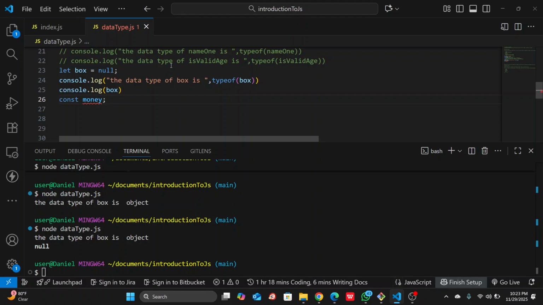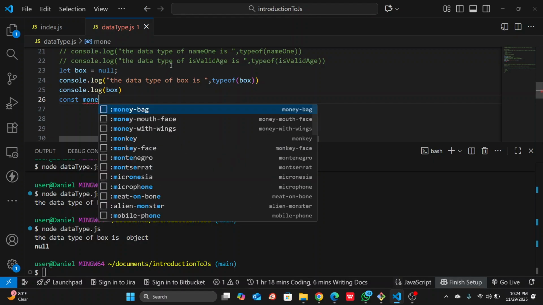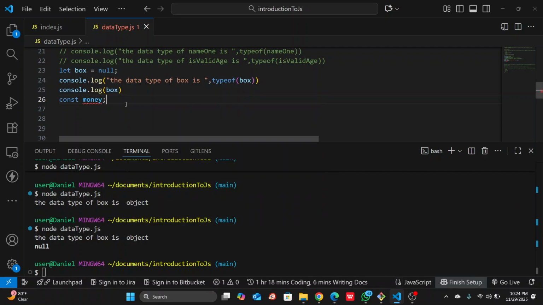Is this meant to work? I don't want to use money. Let me just use another name. I could have as well used money, and I do like this, but you cannot do this because you should have provided a value for this. Money should be something, 1000, right? So you've already initialized that money is something, and that is the state, it can't change. But now I just want to initialize something without providing a value for it. So I have to use a